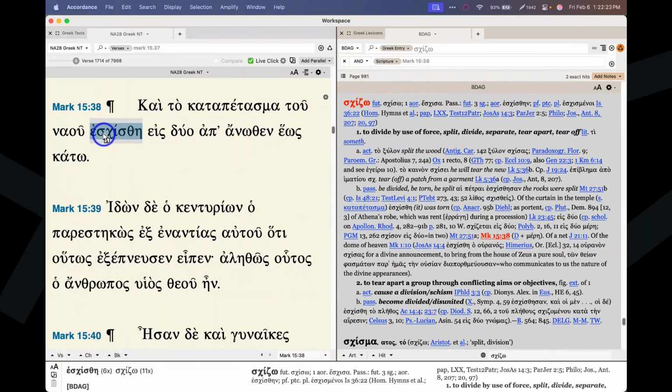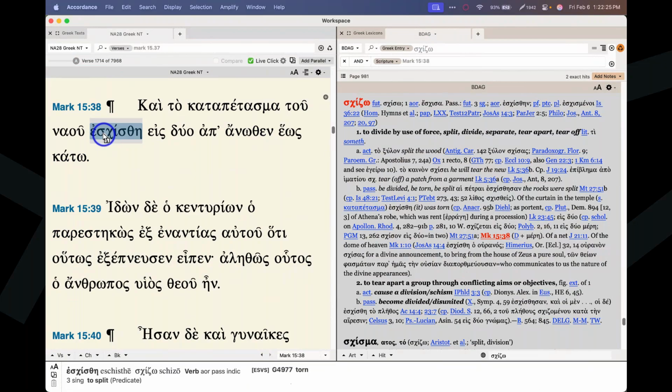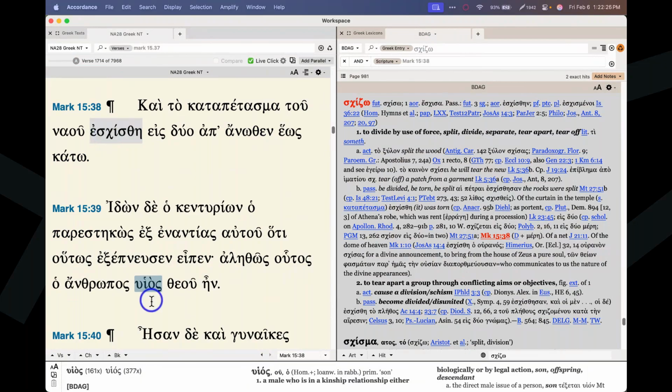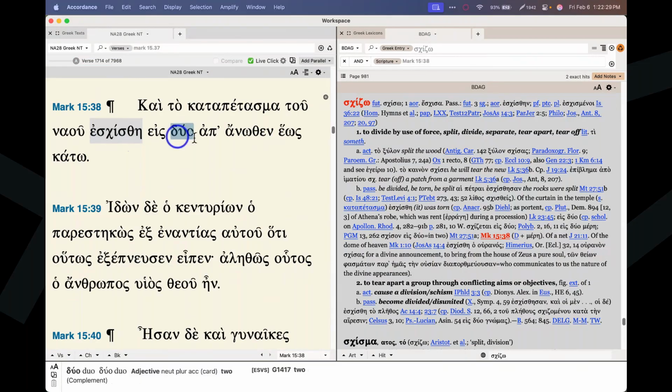Where else is it used? You've got 11 times in the Greek New Testament, so you could look at that and see where that's used. But in some cases, and in fact, BDAG locates our verse here, divide by the use of force. So if you follow the New English Translation note that this has to do with the symbolism of access to God, I think you could also interpret this as saying almost like without question, or there is this emphatic